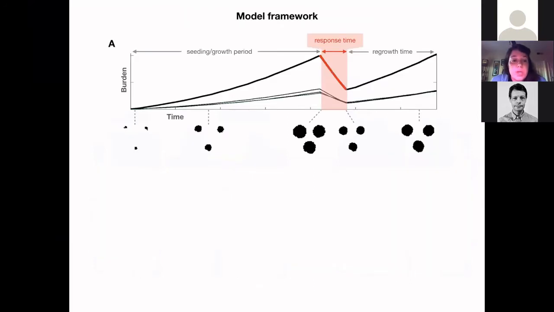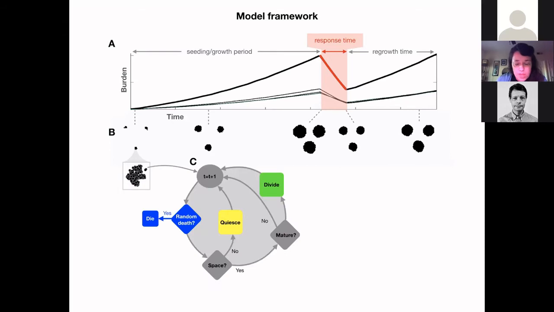So what I'm going to do is look at this spatial model setup where I seed several metastases, each within their own individual domains. There's a growth period and a seeding period, after which there's a response time. I'm going to use the 50% kill before the drug is taken off, and that gives you one cycle in adaptive therapy. But each one of these metastases contains individual cells in an off-lattice domain, and they go through this